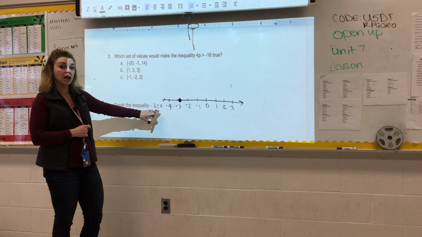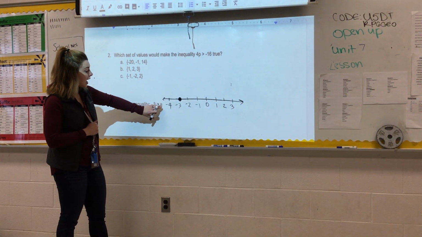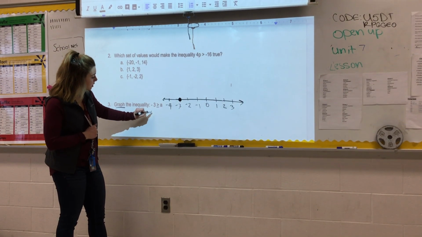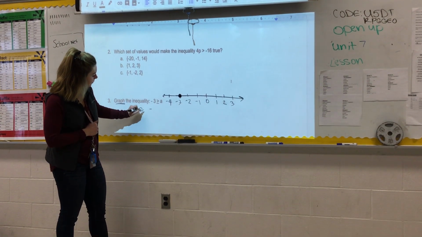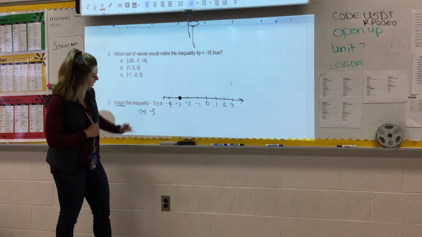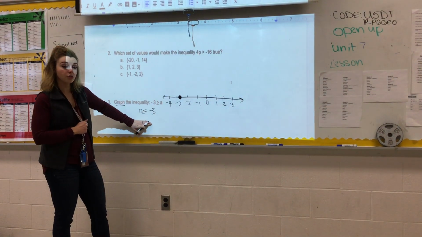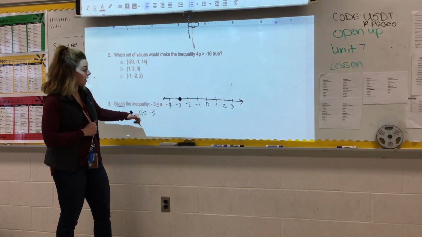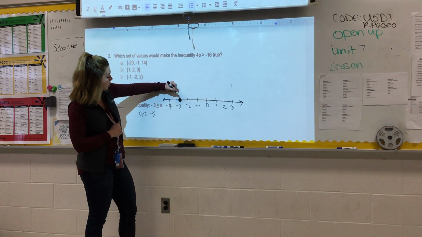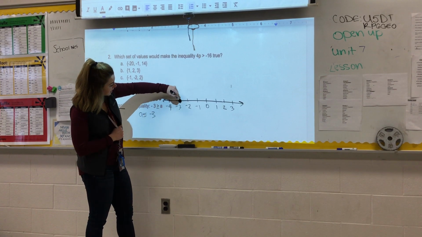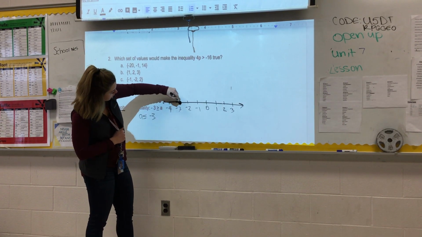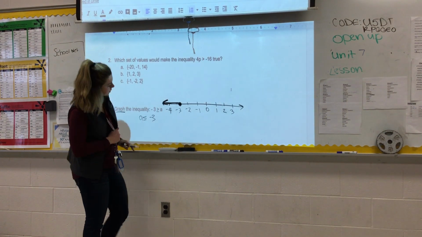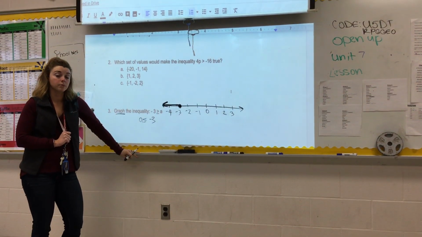So now we have to draw an arrow to represent A. A is everything that's less than -3. So this could also be written as A is less than or equal to -3. If this makes you feel more comfortable, you can always rewrite your inequalities. But if you're good with this, then leave it at that. So now I'm going to draw my arrow. Left is less. So I'm going to draw my arrow going this direction. And that's all you have to do for this problem.